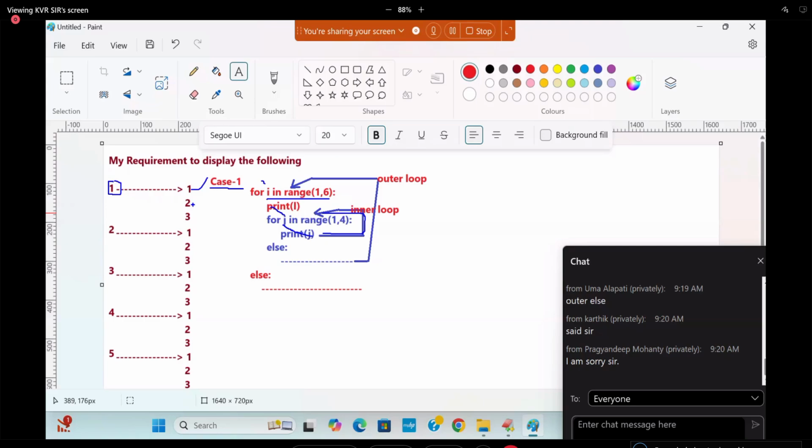What is printed here? 2. Go to where? Inner for loop. J value 3. 3 printed. And go to inner for loop. Inner for loop is false. Come out of